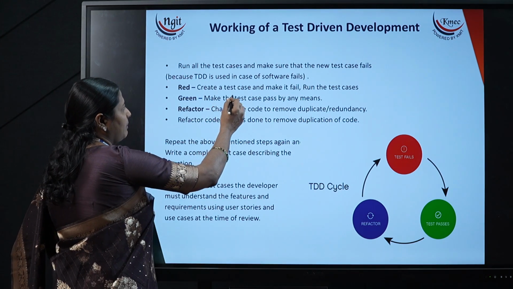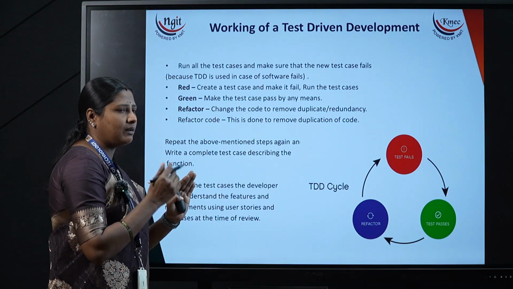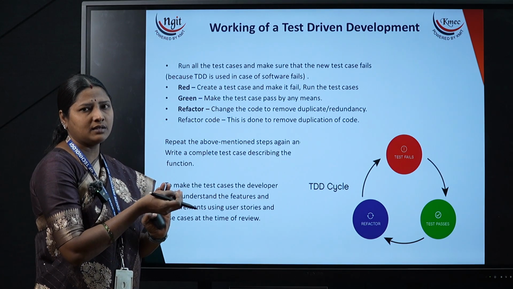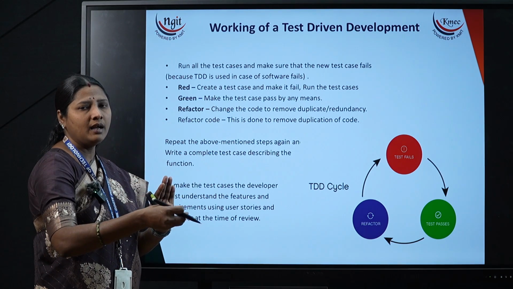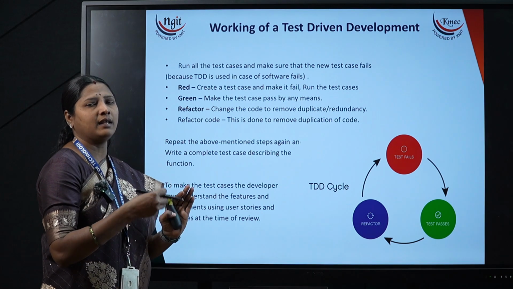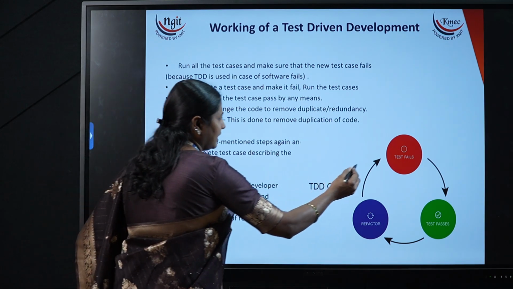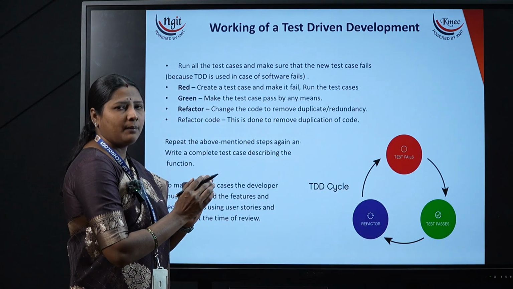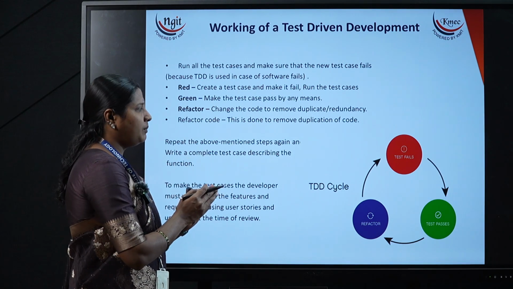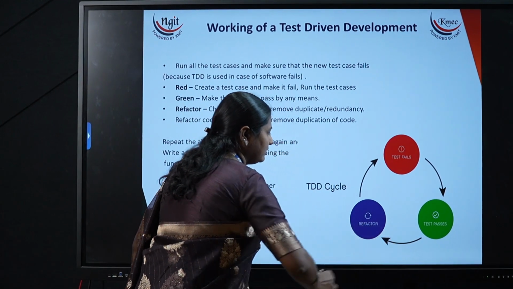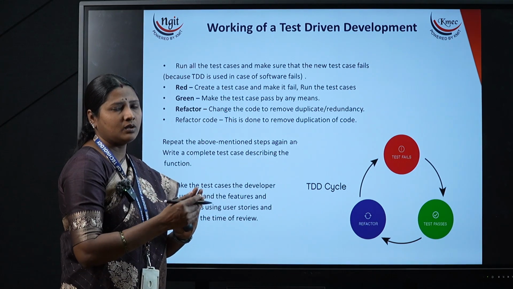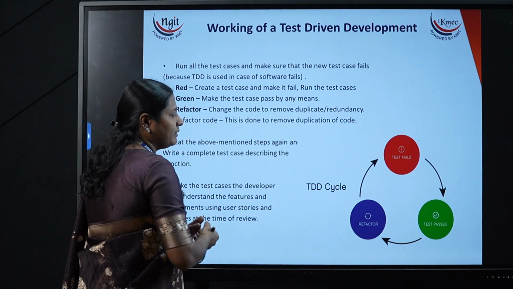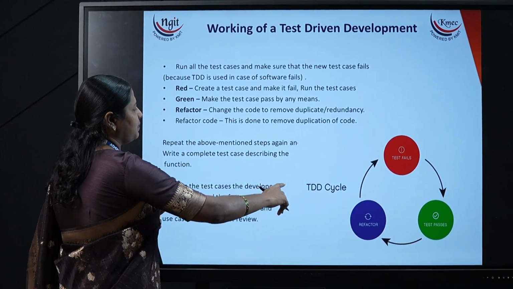This makes sure that the new test case will fail the first time. Whenever there is a failure, the developer checks, remodifies the condition, and checks for correction. So in the first stage, the developer checks that failure condition. Based on that, the next stage is test pass. They make sure the test case passes, and then refactor whatever failure took place. This process is continuous.